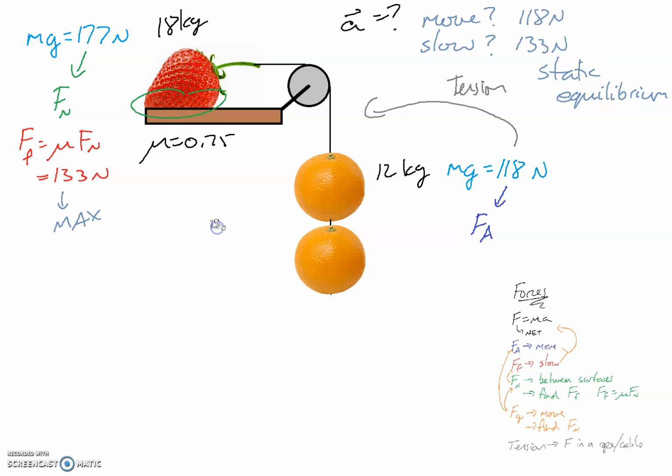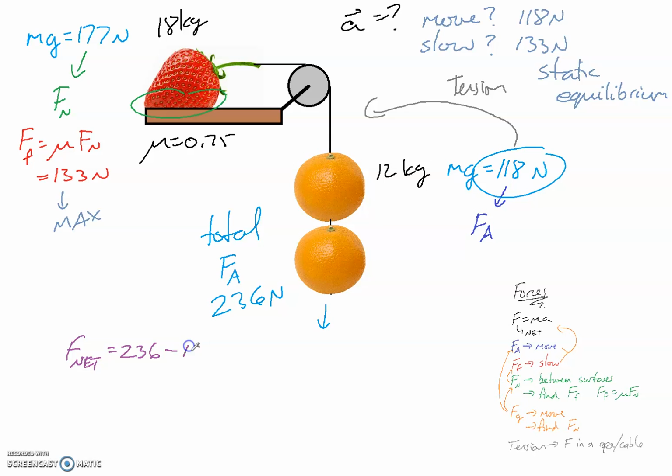So right now, my new total applied force is going to be twice this. So that is going to be 236 newtons trying to pull this thing down. Well, 236 is definitely more than 133, so this thing is definitely going to move, which means I can find my net force. So if I look at my net force, I've got 236 trying to move it. I've got 133 trying to slow it down, so I am going to subtract those two, and it gives me a net force of approximately